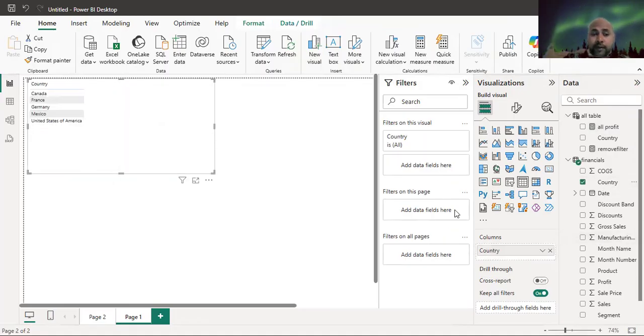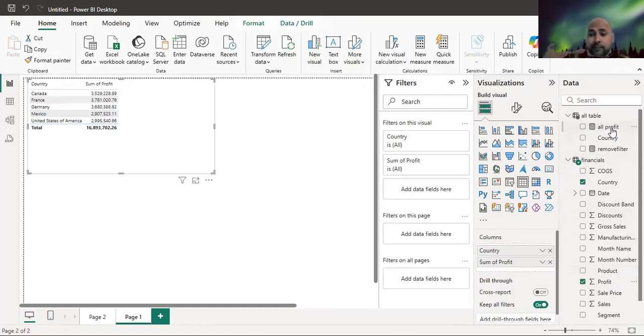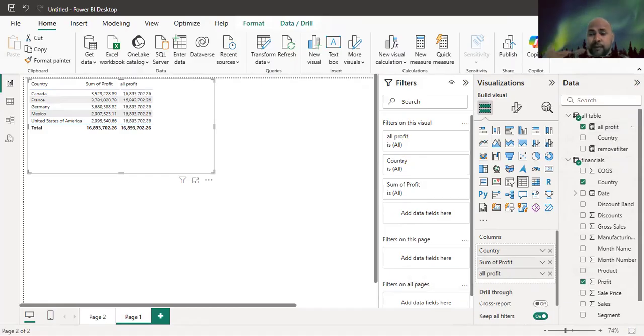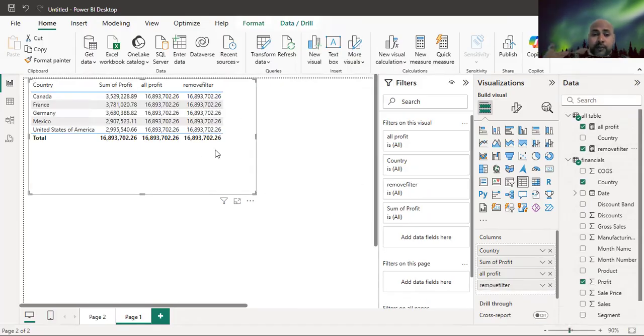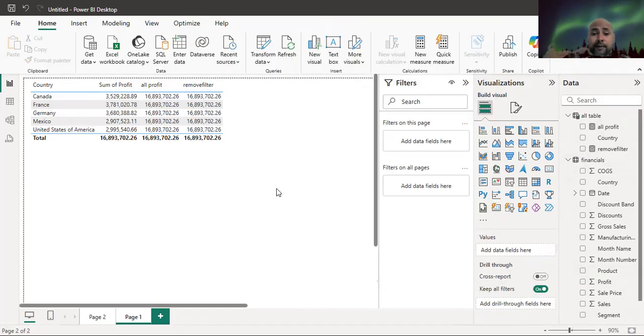Okay, we have the total of profit for 2 years, and we drag also our profit with these functions, and REMOVEFILTERS. So as you see with me here, we have this all profit and remove filter. It returns the same value. Okay,